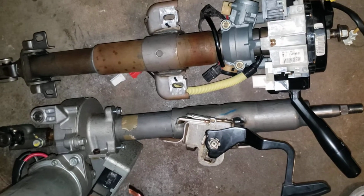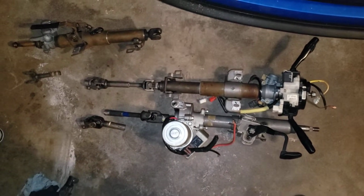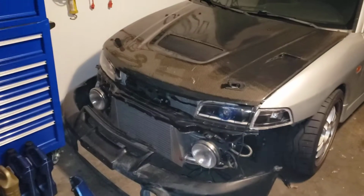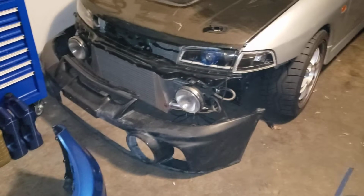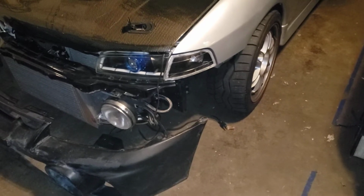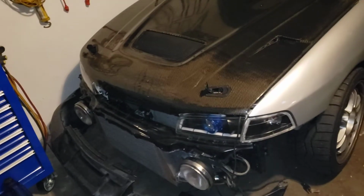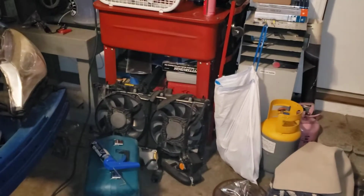And then yeah, from looking at it with the lower dash panel on, you shouldn't even be able to tell that it's been modified. And yeah, that's the way we like to do things. So at that point I will be able to remove all of my fancy, overly complicated, put way too much money into trying to make it work power steering stuff. As long as nothing goes epically wrong, I should be able to remove all the AN lines, the power steering cooler, the AN power steering lines that I made, the STM power steering fluid reservoir, my AN converted power steering pump,